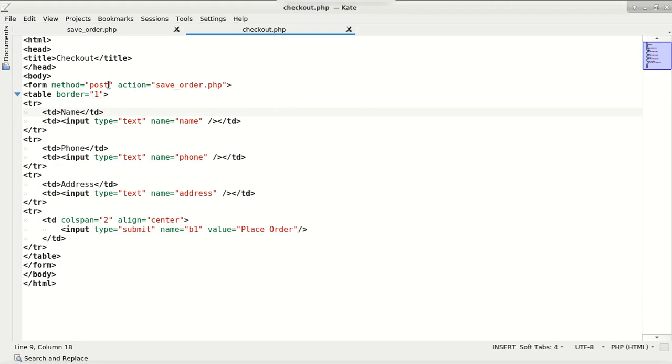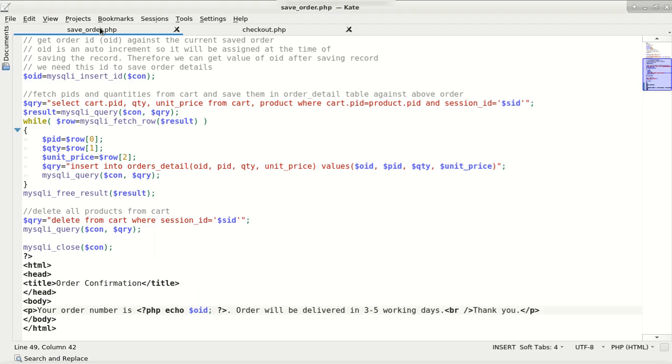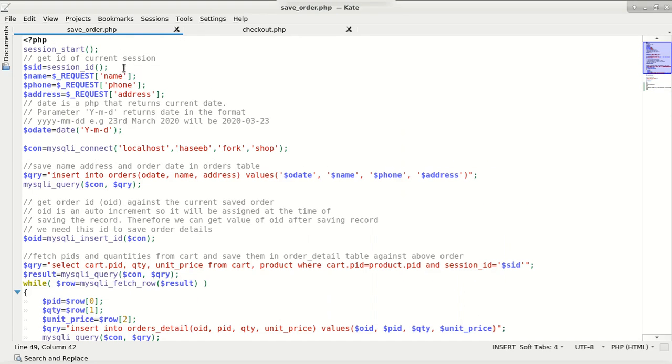Checkout page is a simple page. It has three text boxes: name, phone and address, for getting information from the user, and when the user submits the place order button, it will pass on this information to save order page. Before explaining the save order page,